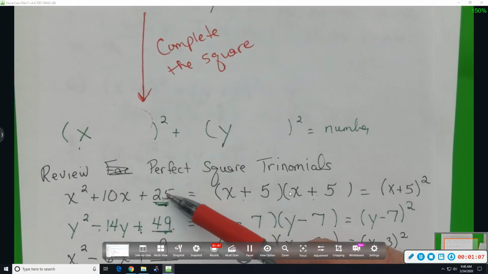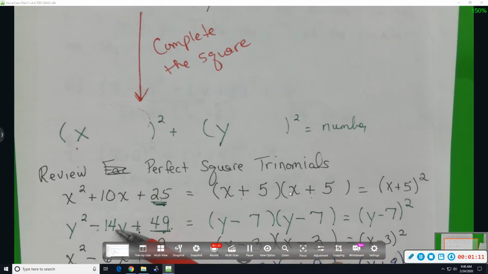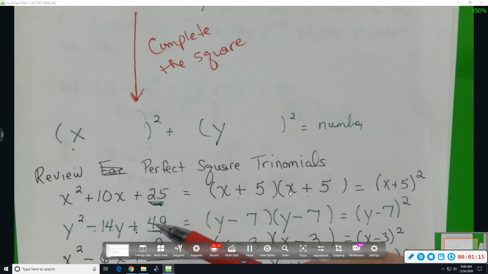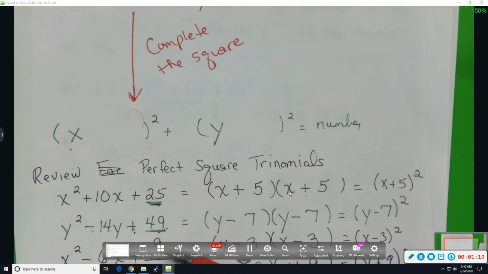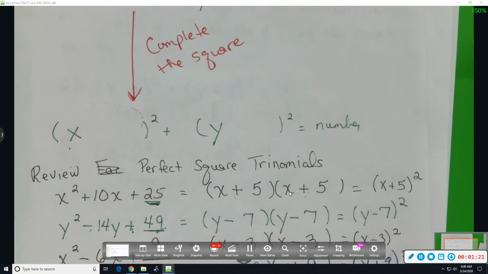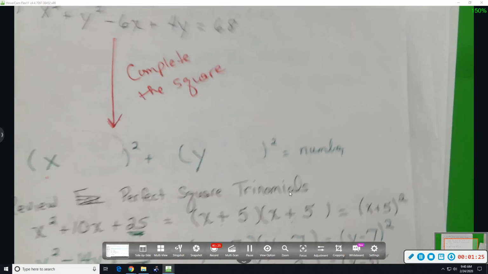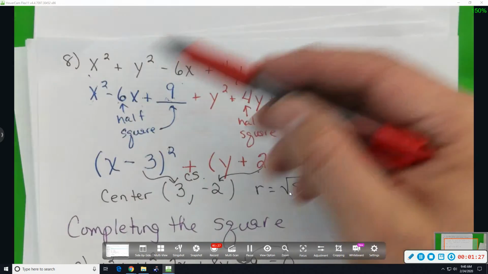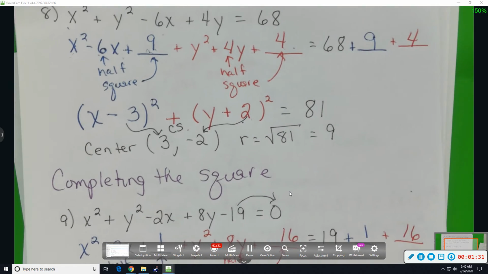10 squared, half of 10 is 5, 5 squared 25. Half of 14 is 7, 7 squared 49. Half of 6 is 3, 3 squared 9, and so forth. And we've done 2 problems where we go through that process, and we're ready to do problem number 10, but